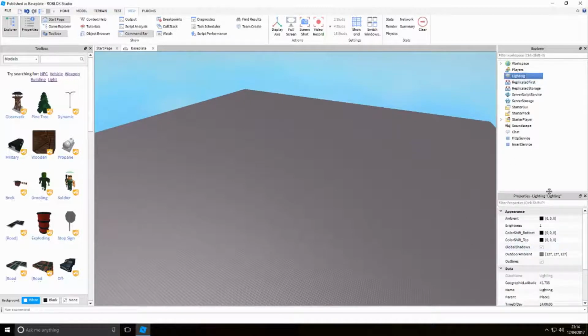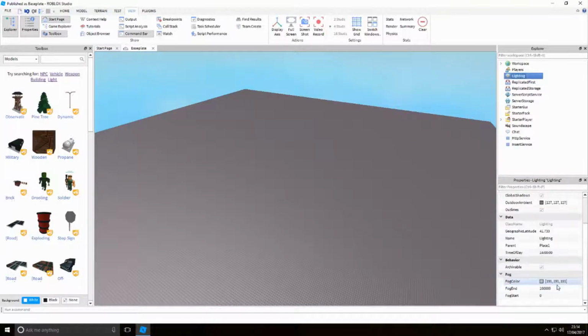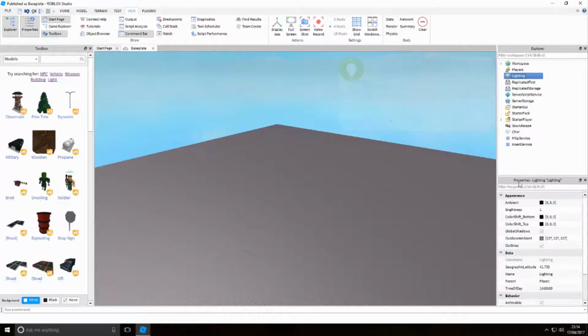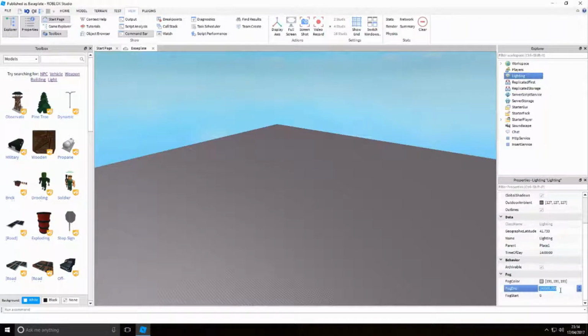So as an example, we're just going to change some properties of the lighting service, right? To do that, we're just going to click on lighting, just like this, and this should automatically pop up. If this doesn't pop up, if you haven't got a properties panel, then as I said before, you just go to view and click properties and it will open the panel for you. So you just want to go to lighting, and I'm just going to show changing of the